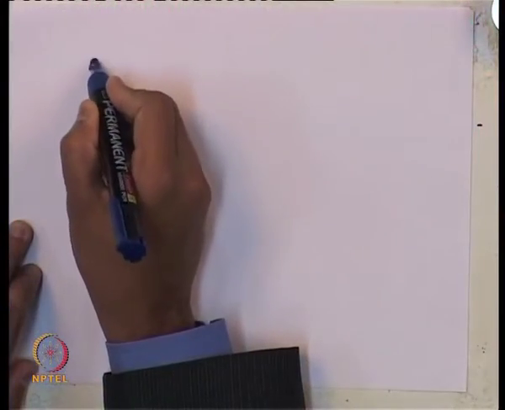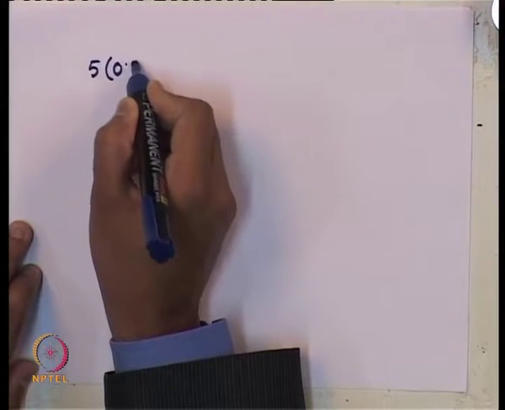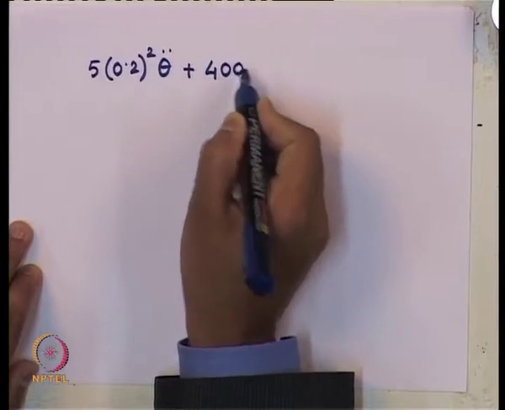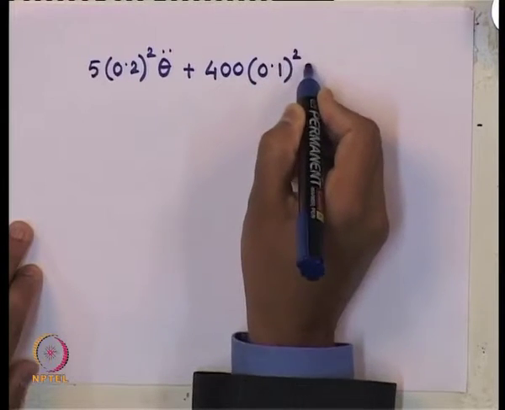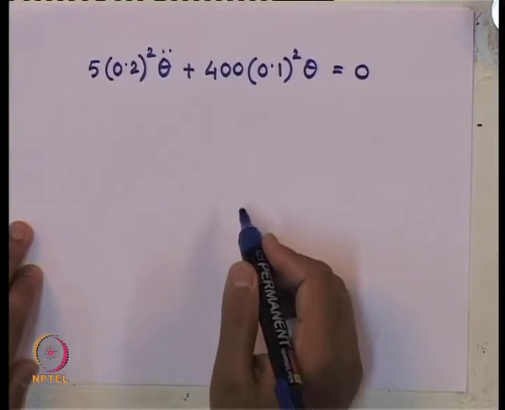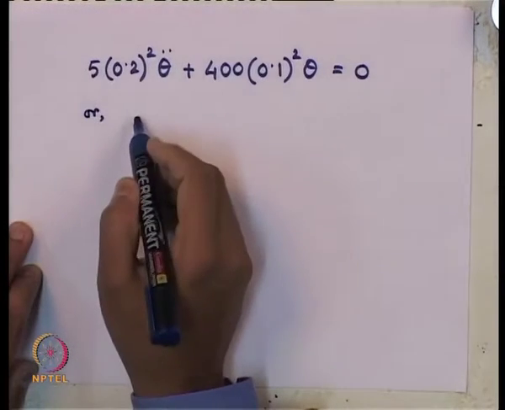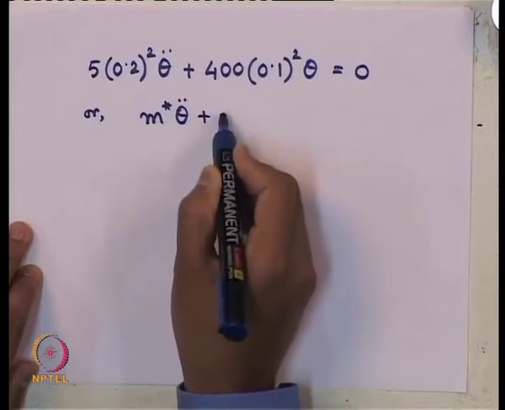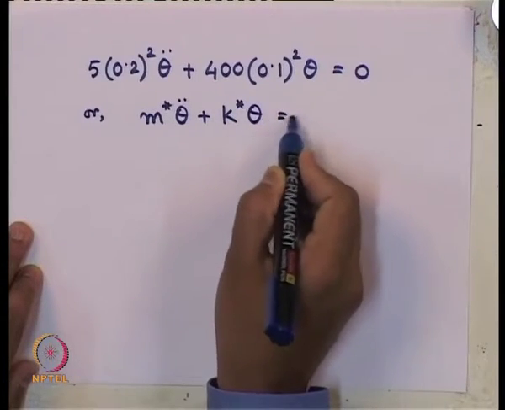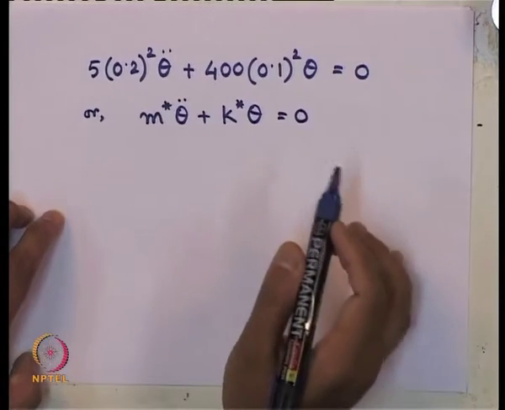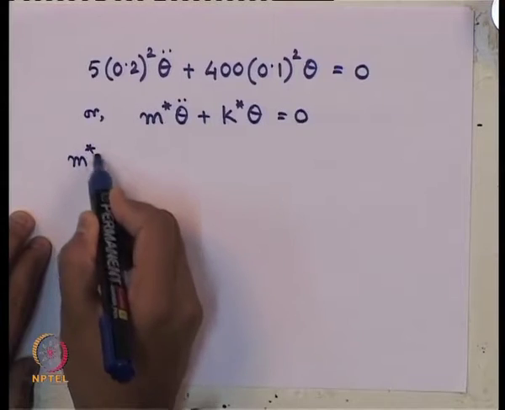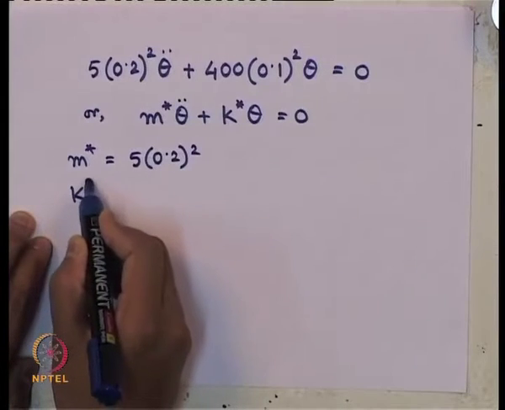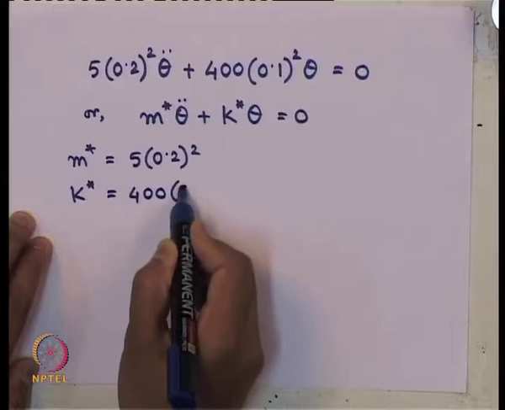That comes out to be 5 into 0.2 square theta double dot plus 400 into 0.1 square theta equals 0, which we can rewrite in our canonical form, that is m star theta double dot plus k star theta equals 0, because this is our governing equation of motion which we are aware of, where m star can be written as 5 into 0.2 square and k star is nothing but 400 into 0.1 square,